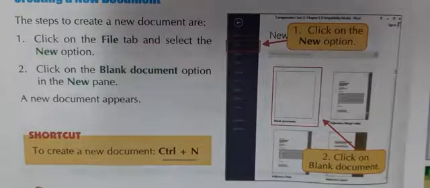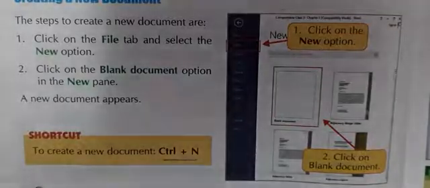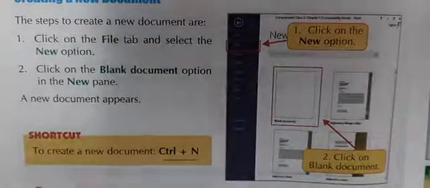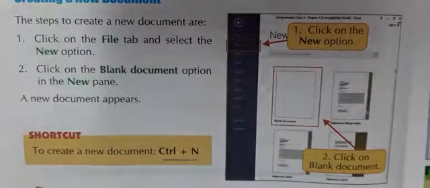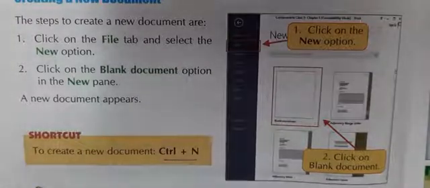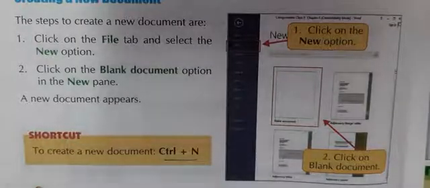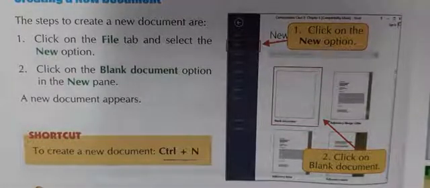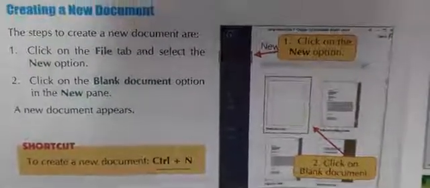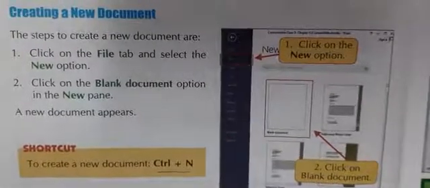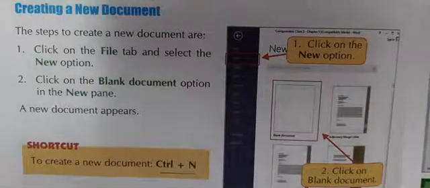So students, till now we have understood about the word processor. What is a word processor? What are the advantages of a word processor? Then we have learned about how we can start MS Word, and then we learned about the components of the MS Word window. And in the last we have learned about how we can create a new document. So we will end the class till here, till this topic.